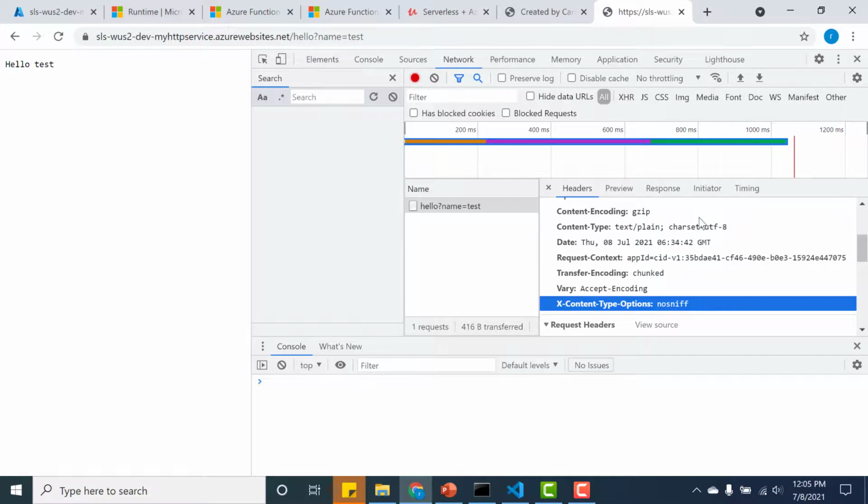So this is how you add configuration to your host.json file. There are multiple other configurations that you can add as well for different triggers. Hopefully you can do quite a few assignments and check out all the values and keys for which you can make changes to the host.json file. I'll see you in the next lecture.